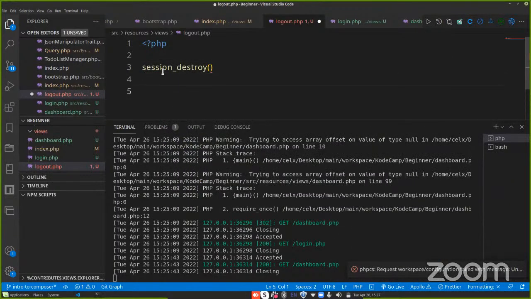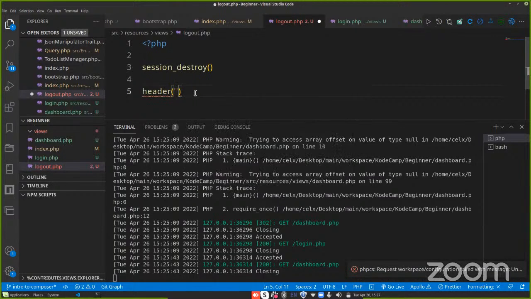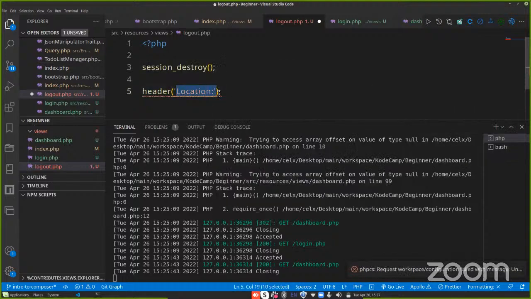So when you're done, just set the header back. Once the session is destroyed, we will have to set the user back to where he came from. And to do that,